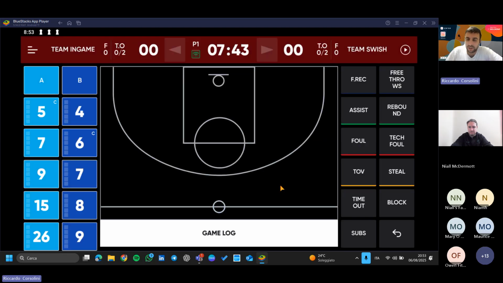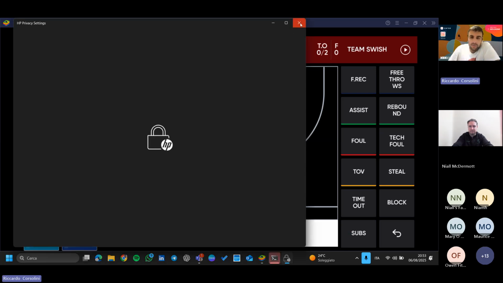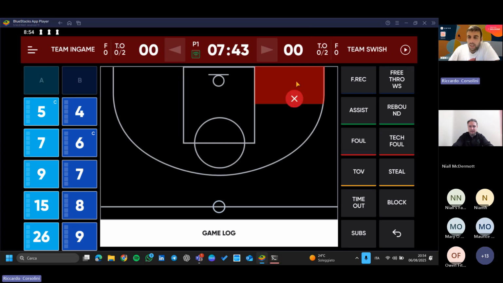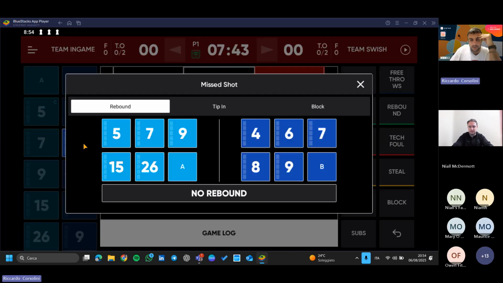Yeah, there's this issue. We're trying to solve it. So for shots, that's one click to say if there's a missed shot. You select the player missing the shot, then you have this window, different from in-game 2 with in-game 3. We are using now in-game 3. The older solution was in-game 2, and we will be asked to put rebound